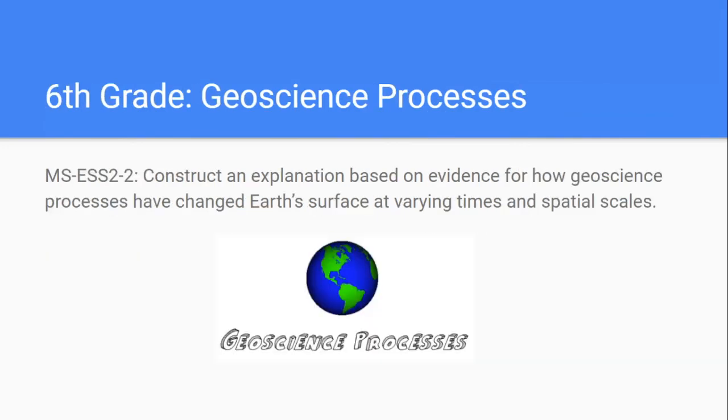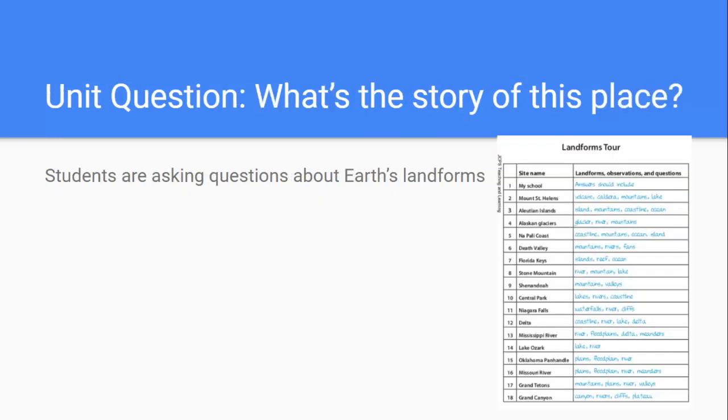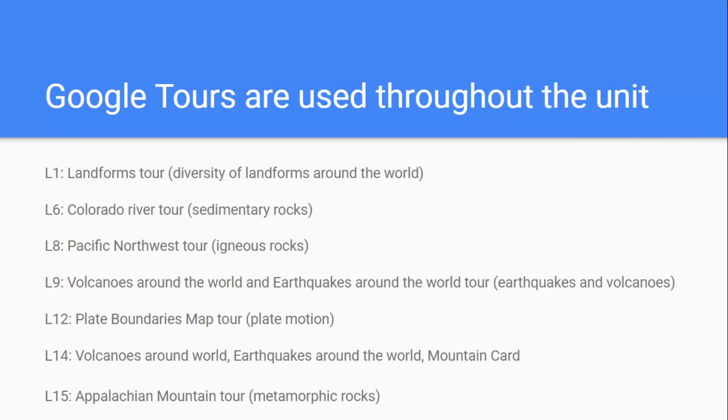As we move on to 6th grade, a natural fit for Google Tour and Google Expedition is the Geoscience Processes unit. And it's in fact a continuation of the 4th grade Soils, Rocks, and Landforms standard, ESS 2-2. In this unit, students and teachers are already utilizing Google Earth Tours, where in the very first lesson, students are introduced to Earth's landforms through a Google Tour. Here you can see the student sheet. Google Tours are also used several times throughout the instructional unit, all by the teacher as a way to present